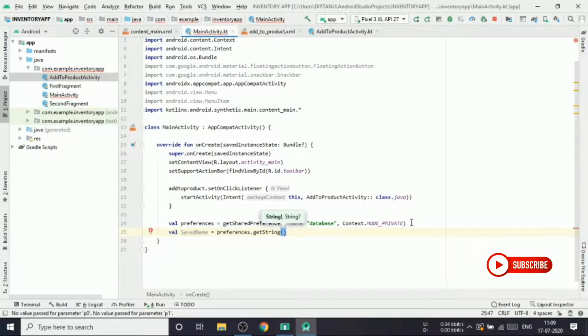So inside get string there will be basically what is the string, the saved product name, and